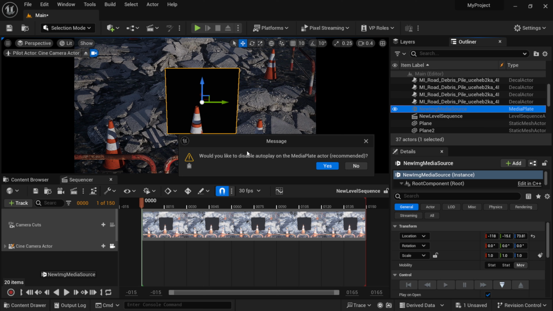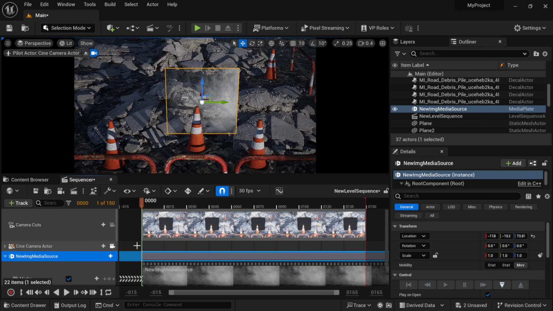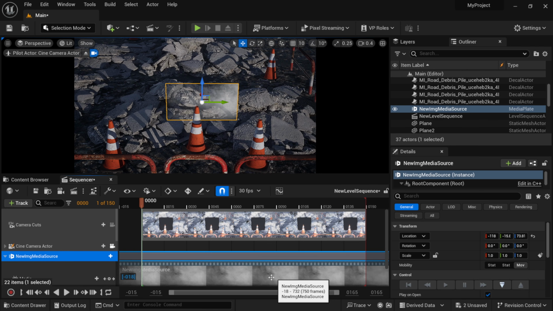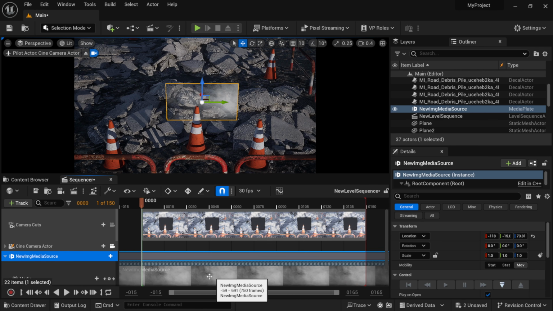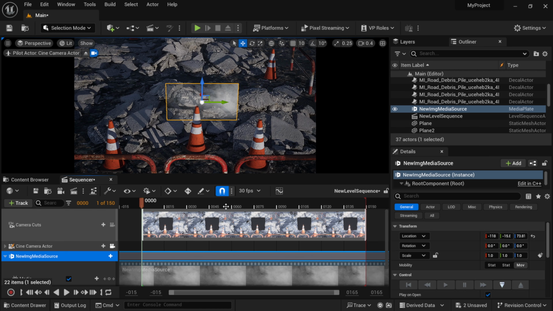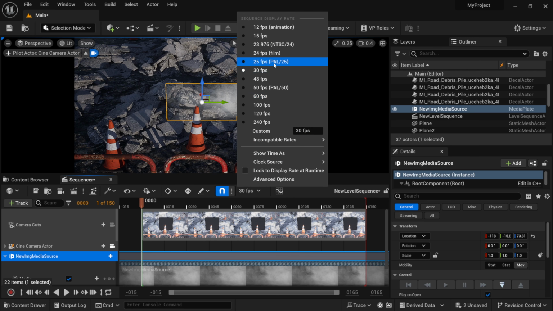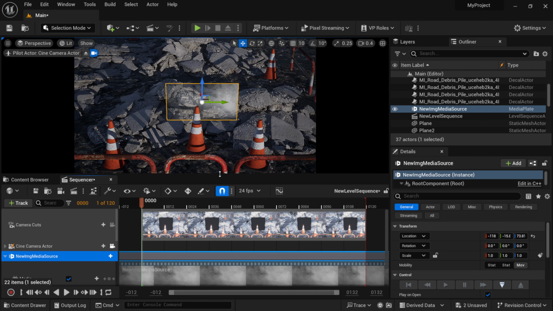And it's going to say, would you like to disable autoplay in your media play actor? I'm going to click yes, because we're going to add it down here, and we're just going to have it playing in here. So if I drag it over inside of my sequencer, you can see that it's already starting to play there. And actually, let me change my frame rate from 30 to 24 just to match my image source here. Now, if I come down here and click play,